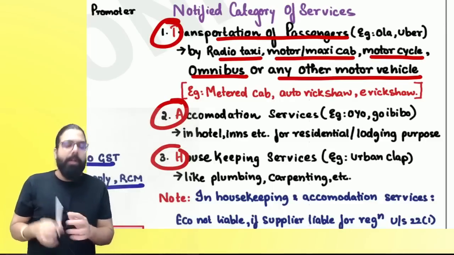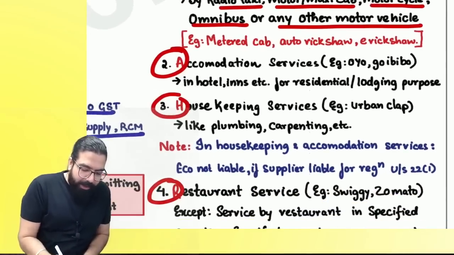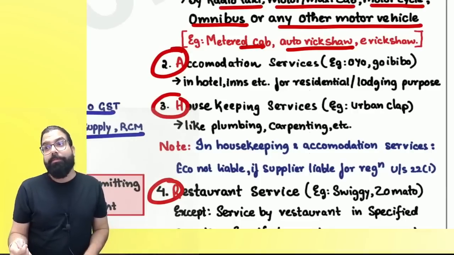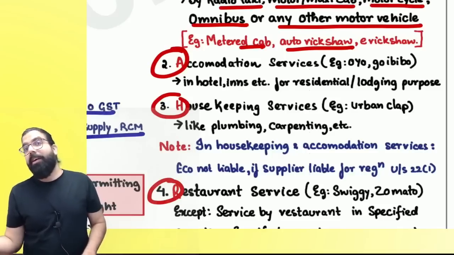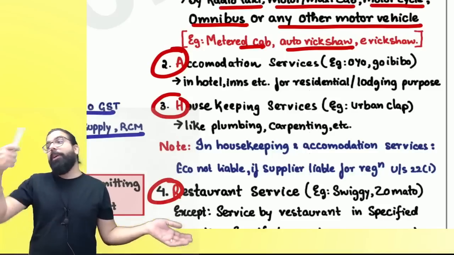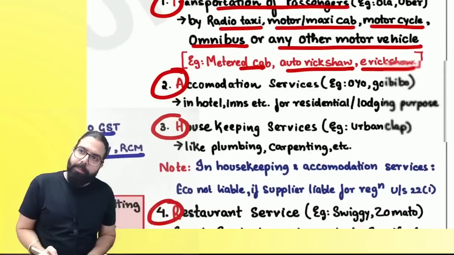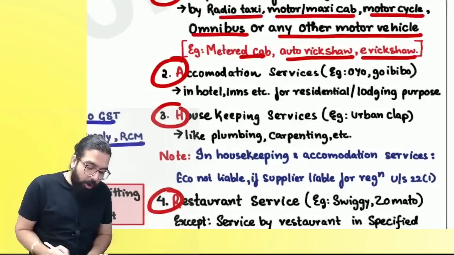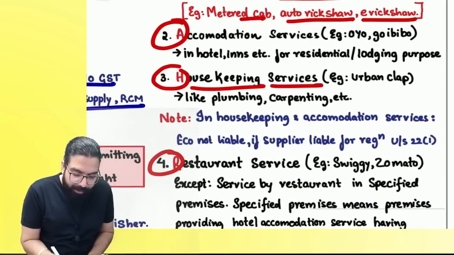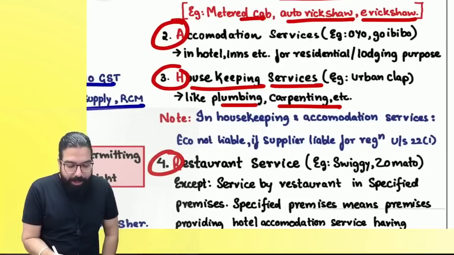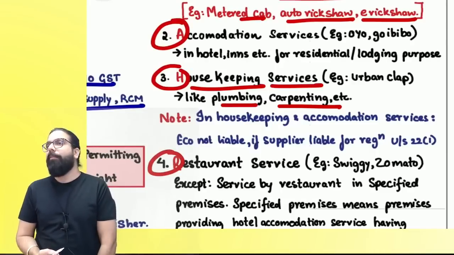Can I go ahead, everyone? The next one is metered cab and auto rickshaw also. Nowadays you can book an auto rickshaw through Ola. Correct or not? Do you think the auto rickshaw will take GST and pay GST? Do you think you will pay GST? Then government told to catch the neck of the e-commerce operator, for e-rickshaw, etc. In all these cases who will pay? The e-commerce operator. The next one is H for housekeeping services. Always remember housekeeping services like plumbing, carpeting, etc. Who will pay the GST under